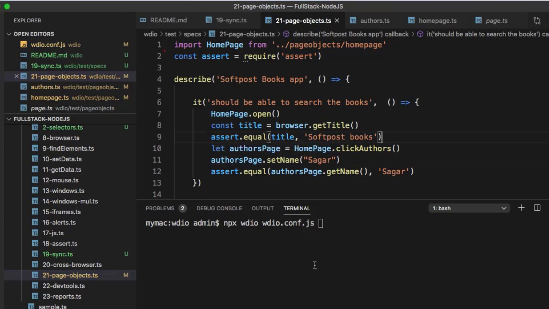I am going to execute this test just for demonstration purposes now. It will go to the home page of SoftPost and then click on add authors. Then it will enter this Sagar in that author field. So let us see how it works.